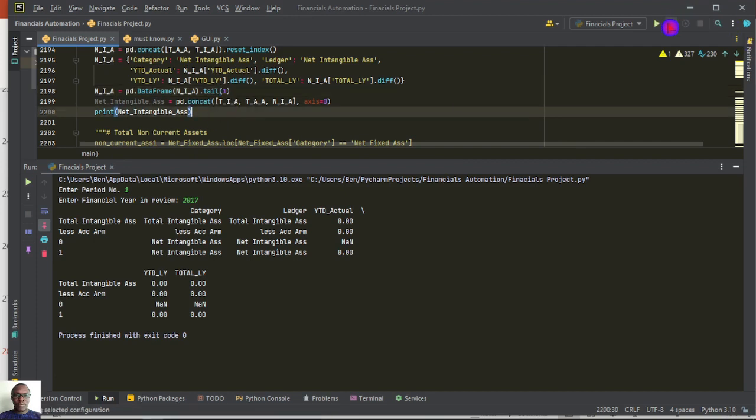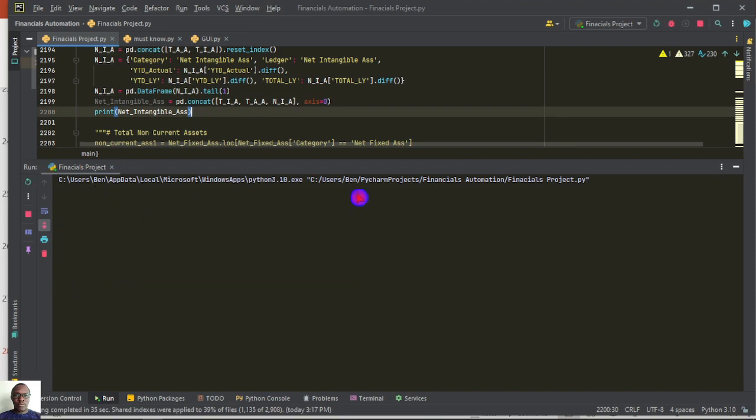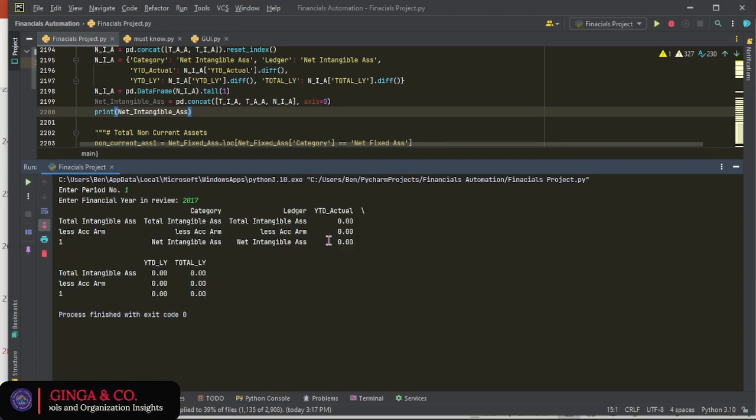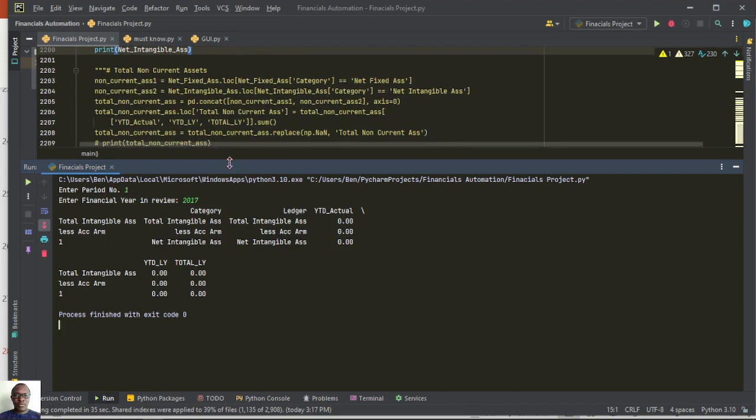So this will just give us the last row of the net intangible assets, as opposed to giving us 2 rows. So here we have period 1, financial year in review 2017. So this is what we have as net intangible assets. Let's move on to